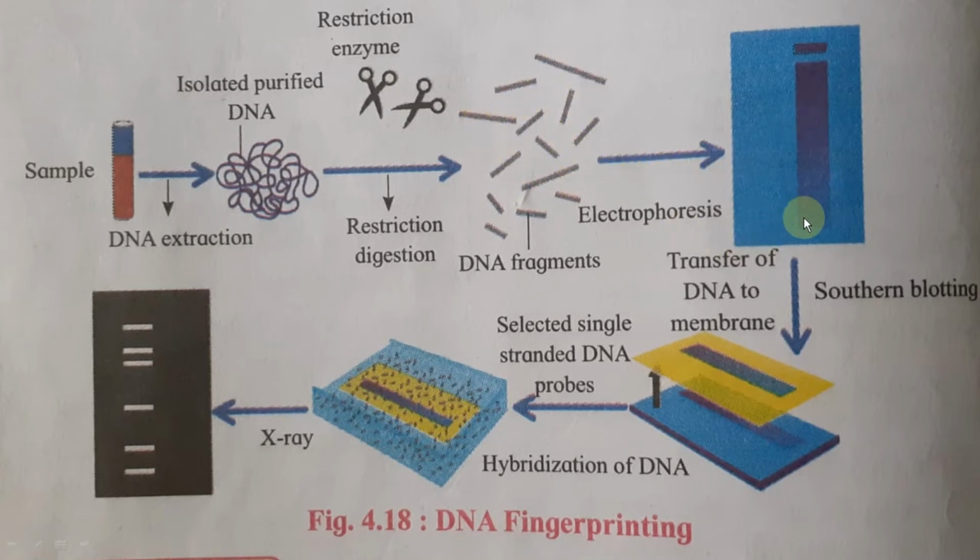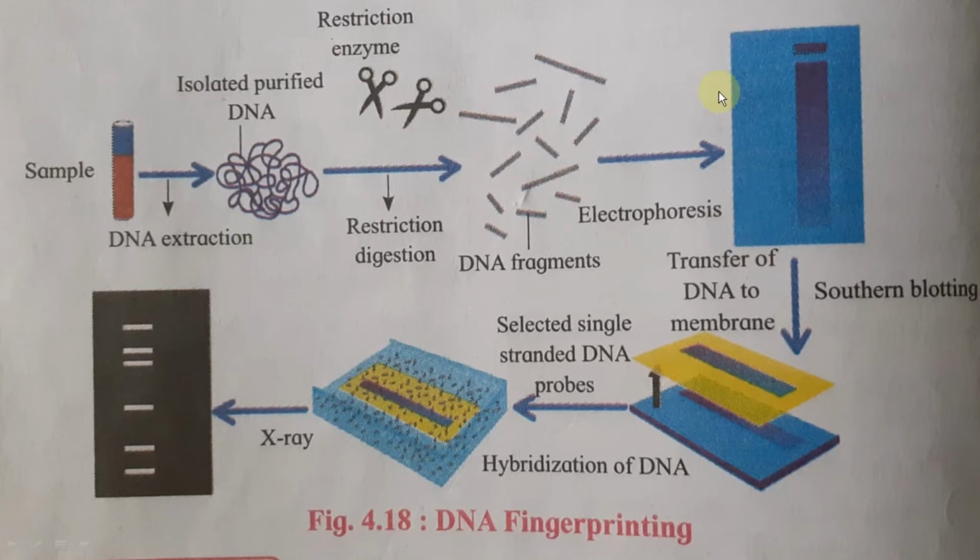Here only one segment is shown, but actually all these fragments are kept here. This is the electrophoresis machine. One side is positively charged, another is negatively charged. DNA is placed on the negative side because DNA is always negatively charged, and when the current is passed, all the DNA, on the basis of their size and length, will proceed towards the positive charge. These small fragments of DNA are kept here on the negative pole.